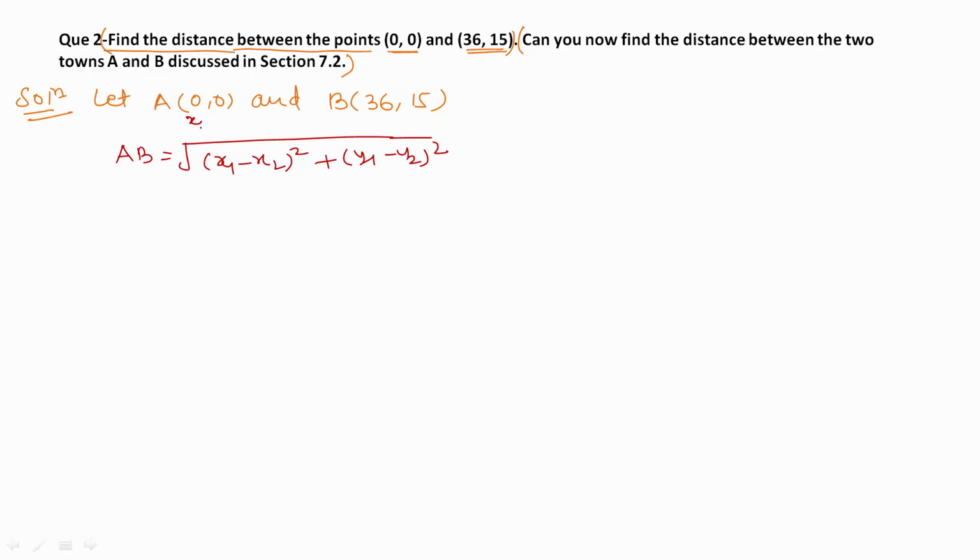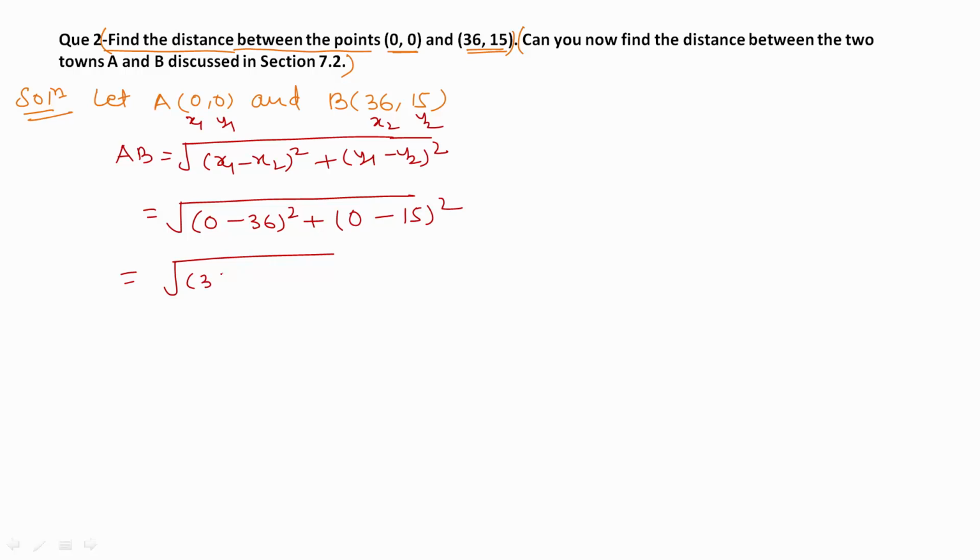This is your point x1 y1, and this is your point x2 y2. Put all the values. This will be equal to (0 - 36) whole square plus (0 - 15) whole square. 0 minus 36 means 36 whole square plus 15 whole square,